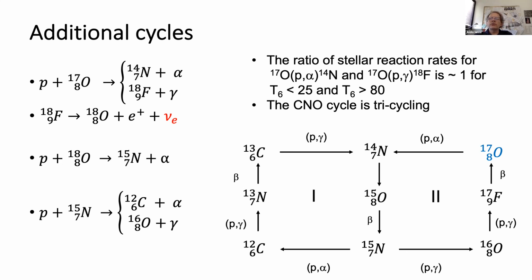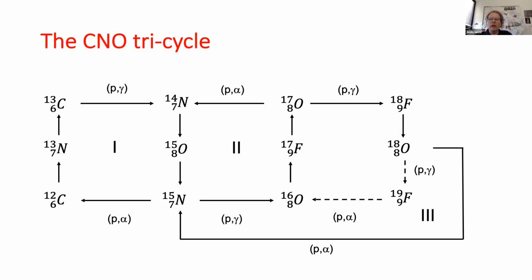And so one has to take into account in this environment, which is not the case for the Sun but is a different environment, the possibility to produce fluorine-18 and then develop a different sequence of interactions, which produces oxygen-18 and then eventually recouples to the previous cycle. So this means that in a specific environment, the CNO cycle is no longer a bicycle, but can be a tricycle. This is highlighted in this slide, where you see that at some point, the oxygen-18 can branch to produce a (p,alpha) interaction or a (p,gamma) interaction. The (p,alpha) interaction goes back to nitrogen-15, producing the third cycle in the CNO